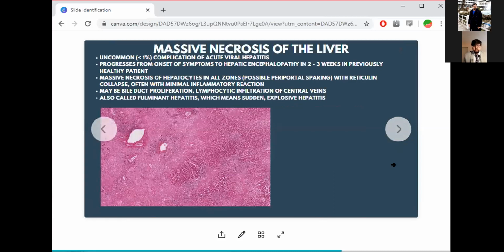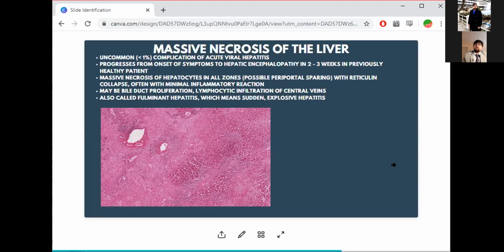Okay, now this is the most important part. This is called massive necrosis of the liver, also sometimes called fulminant necrosis of the liver, right? So fulminant necrosis or fulminant hepatitis, the clue is in the name. Fulminant is a very old term for something that is explosive. In these patients there is very massive necrosis and it is rapid, almost explosive, right? Because it is explosive, the patient deteriorates very rapidly and then they also die very quickly.